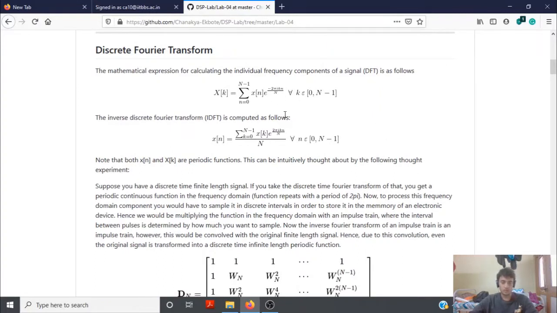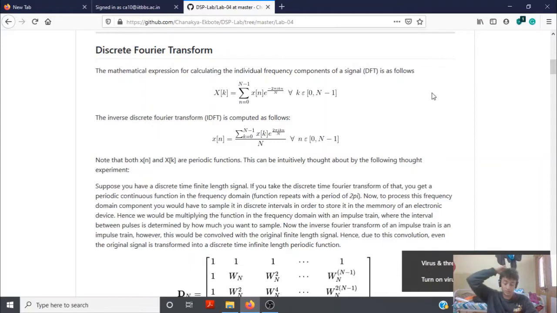So what is a discrete Fourier transform? Usually when you have a discrete sequence and you try to get the Fourier transform of that, you will get a continuous spectrum, right? And this continuous spectrum is periodic with a period of 2 pi, which starts from minus pi to pi and then repeats after that